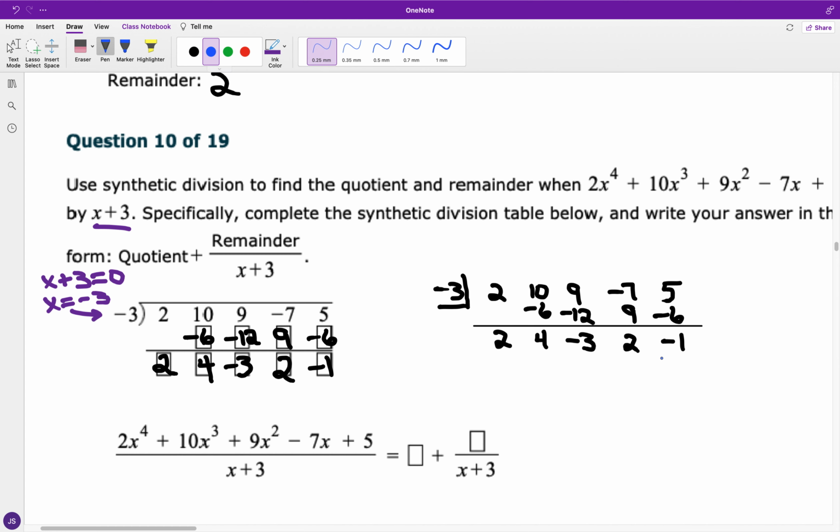Okay, so we have the last column total. So the remainder is negative 1. And the digits before negative 1 make reference to what we have in the quotient. The dividend's 2 was in reference to 2x to the fourth, and in the quotient, this 2 is going to reference 2x cubed. Then for the digits that follow, we'll have plus 4x squared